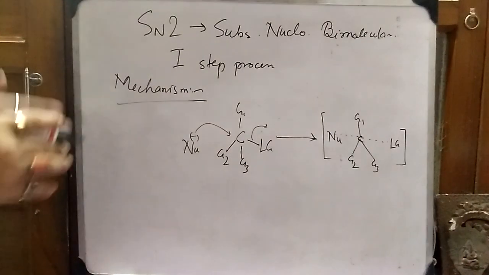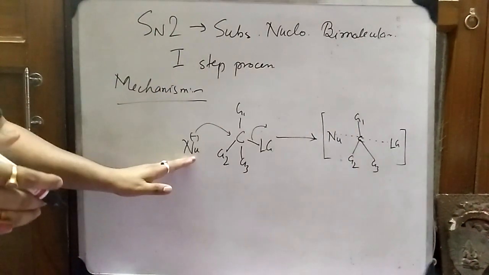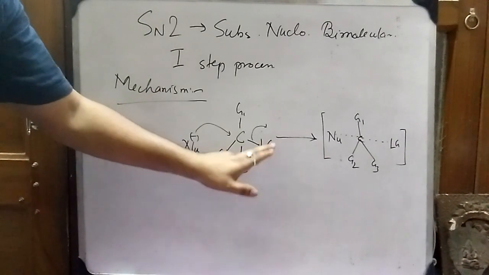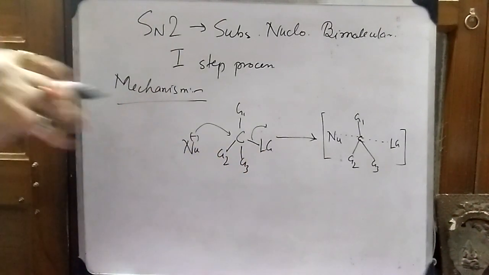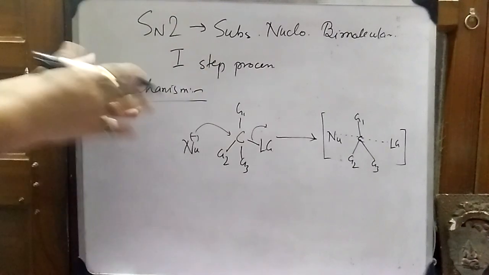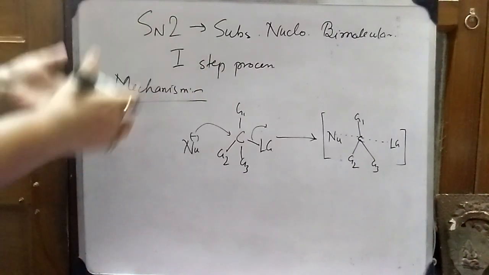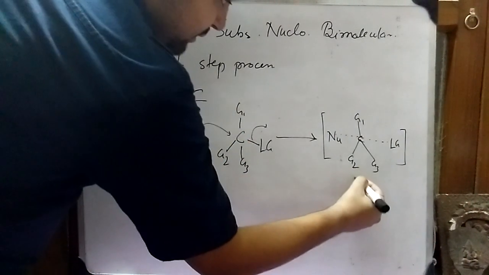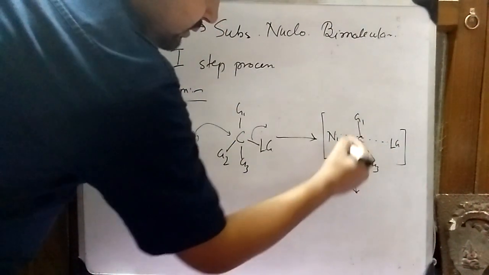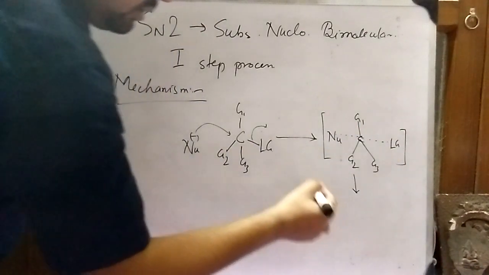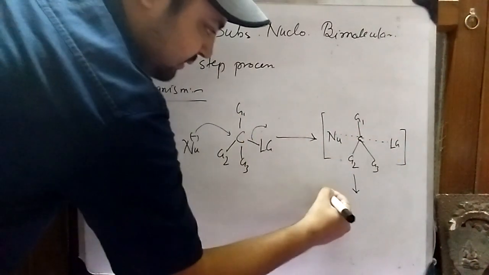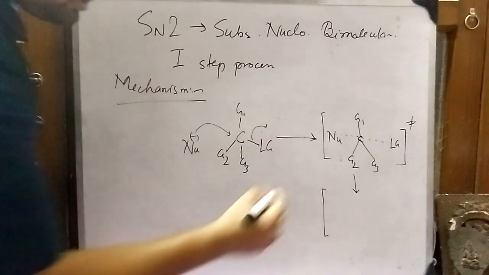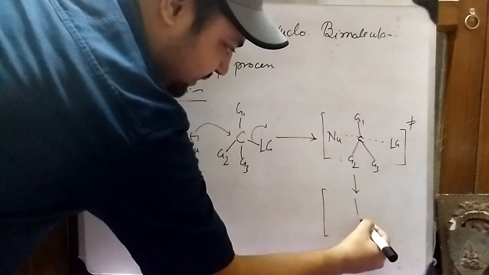The method is the same as I told you earlier: this must be a better nucleophile than this one, and this should be a better leaving group than the nucleophile. The main idea of the reaction is the same; the flavors of the substitution nucleophilic reactions have that in common. So here this comes and this goes out, but practically this is the transition state of this reaction. In this transition state, what is happening?